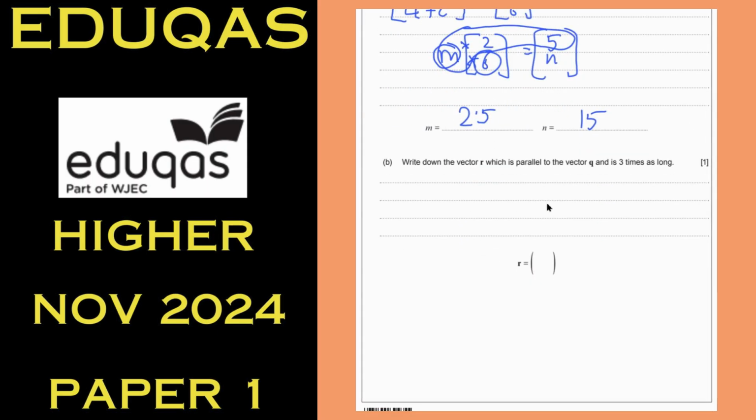Part B, write down the vector r, which is parallel to vector q and is 3 times as long. In order for a vector to be 3 times as long, you just times it by 3. Think of it like moving a certain distance along and a certain distance up will give you a vector. If you repeat that process 3 times,